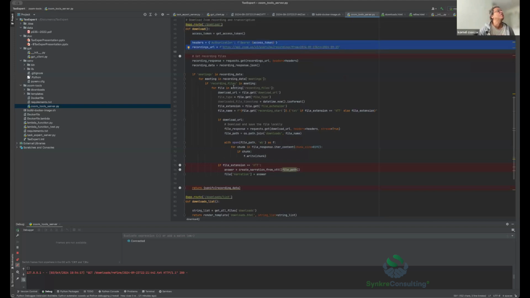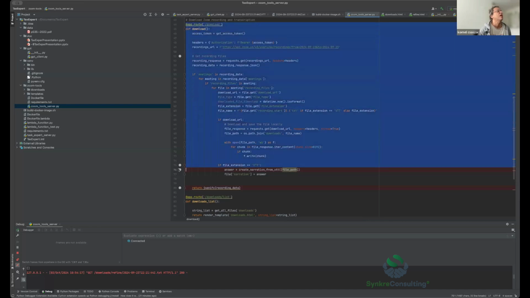And then what I'm doing is you can request for meetings in a certain time slot. So that's what I'm doing. And then you download all of that and you fish out the VTT file. That's what we are really interested in. So this is doing the first step of the code. And then the next step is,